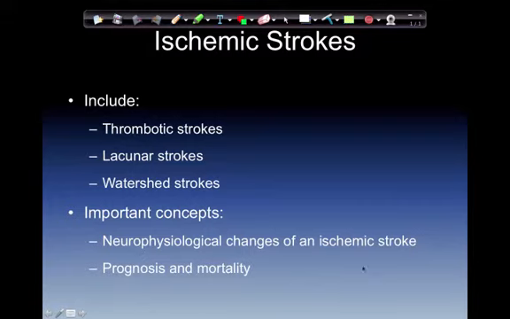Important concepts of this are going to be neurophysiological changes of an ischemic stroke, and that is, following an ischemic stroke, chemical changes occur within the brain. The tissue, as it progresses from ischemia to injury to infarction, neurochemical releases from the stroke cause further damage. So it's like putting gasoline on a bonfire. It's going to get bigger and bigger and bigger. We have to get ahead of the physiology. Increase the oxygen, get them to a place that can fix the aneurysm, fix the bleed, take care of the